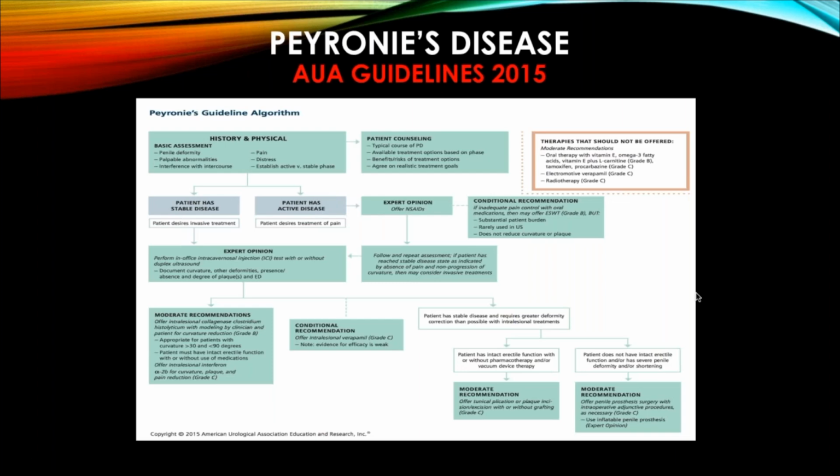There have been recent advances in the treatment of Peyronie's disease, including a new injectable agent that's been out for a couple of years. In 2015, the American Urologic Association produced guideline recommendations for the treatment of Peyronie's disease. And if you look in this box, once they get to this stable state, what's recommended is to perform in-office intracavernosal injection with or without penile duplex Doppler ultrasound. And basically what this does allows us to classify the